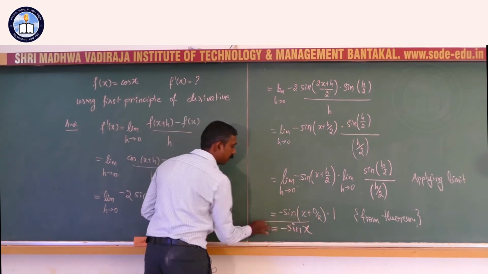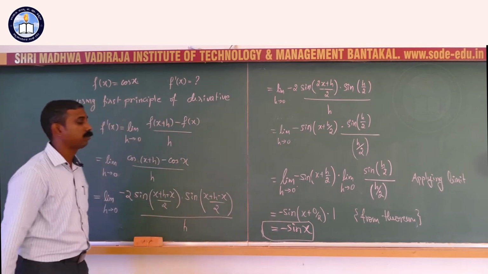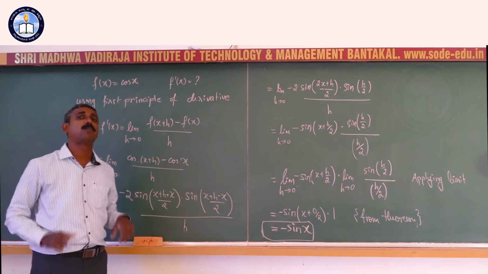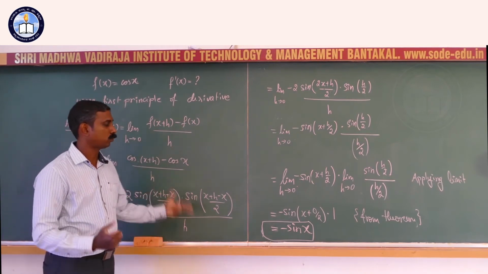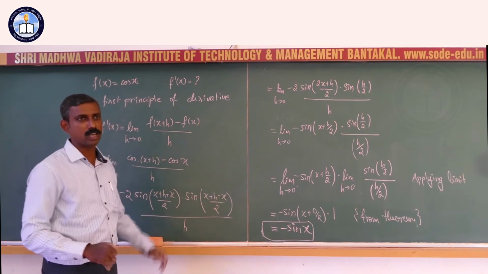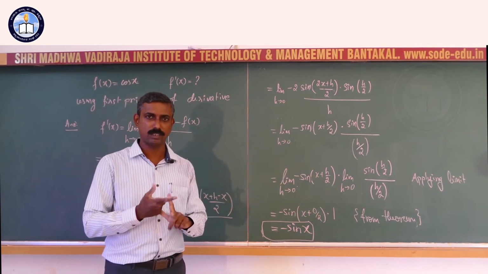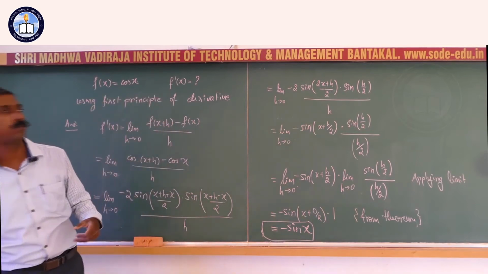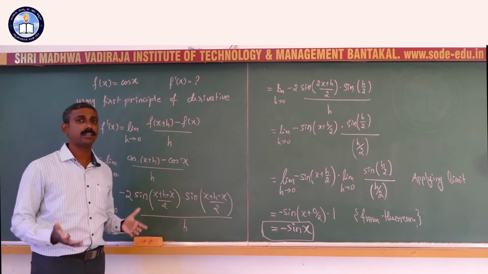So what is the derivative of cosine? The derivative of cosine x is nothing but minus sin x. The derivative of sin x is positive cos x. So derivatives can be negative. This is one more point we can observe from the derivative of cos x. Now we have the derivative of sin x and the derivative of cos x. Now what is the other trigonometric function? The next one will be our tangent function, that is tan x.